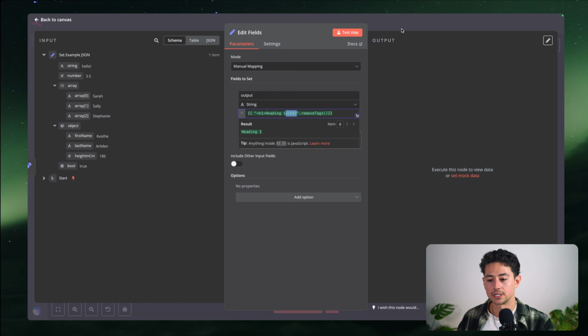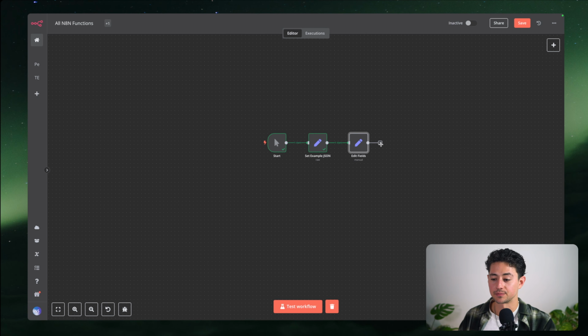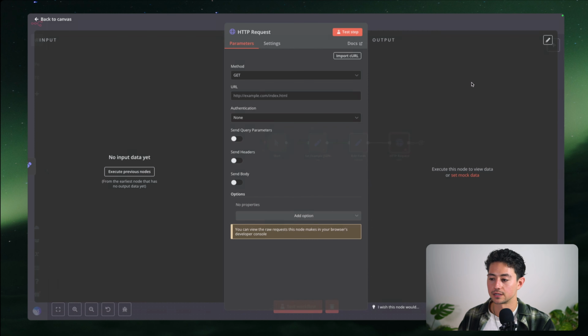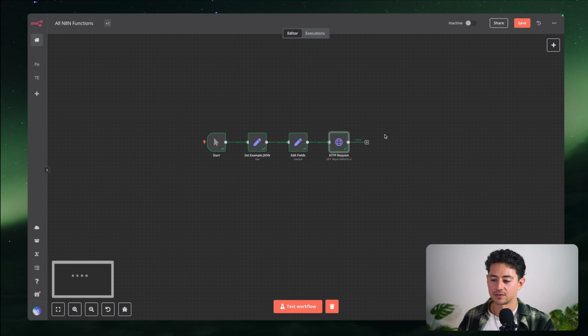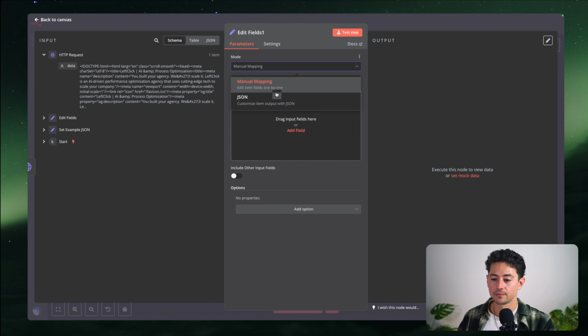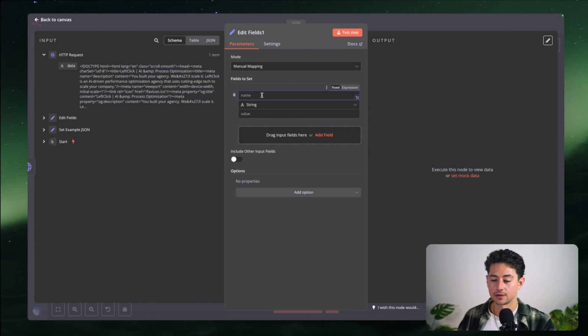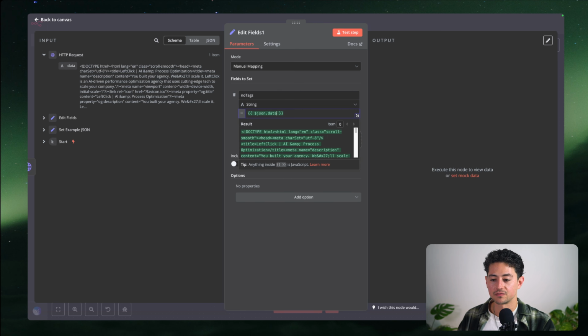Now, when is this useful? Well, I'll give you a quick and easy example, just because I think this is something that I do often enough for it to be valuable. If I do an HTTP request to my own website, notice how on the right-hand side here, I receive a bunch of HTML. That's kind of a lot of HTML, right? Now, if I add another edit fields node, and then go manual mapping, and then go no tags, if I feed in my data, and then go remove tags, what you'll see is